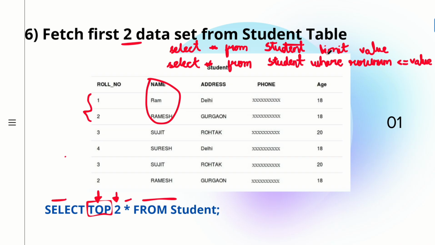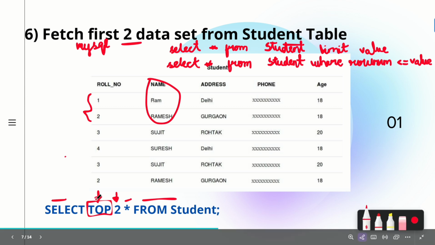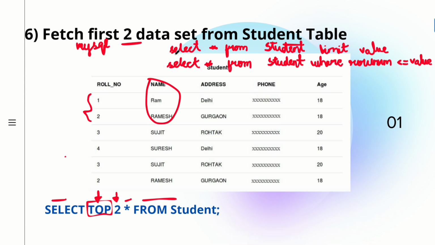For them there is a separate clause, that is LIMIT or ROWNUM. In case you are making use of the MySQL database, the MySQL vendor, you don't have anything called a TOP clause. If you write TOP there, you will get an error. So remember, don't go and write TOP everywhere. If it is the MySQL DBMS,